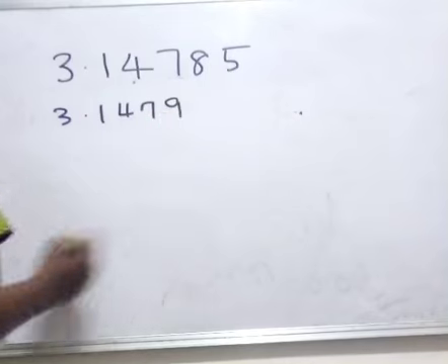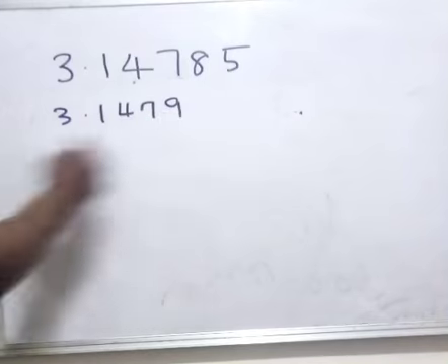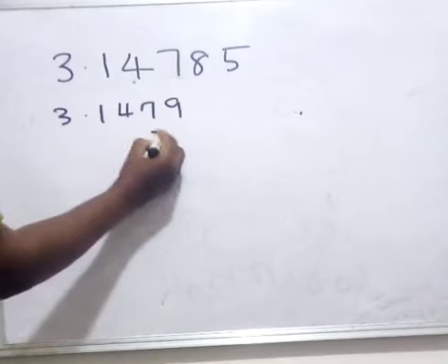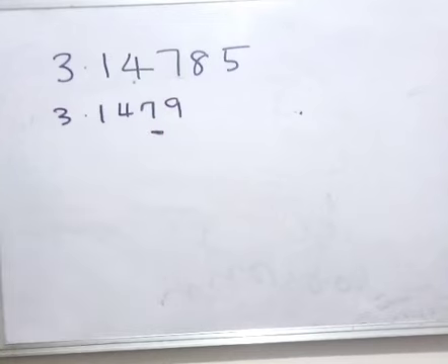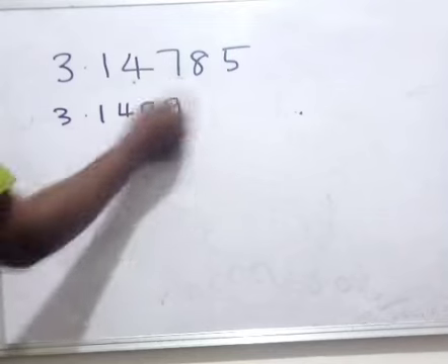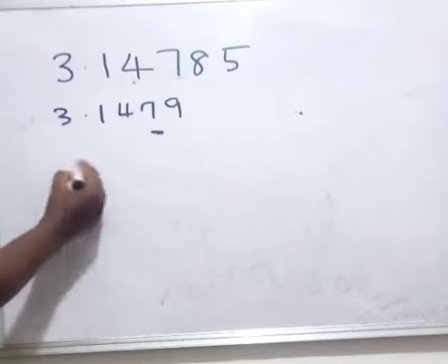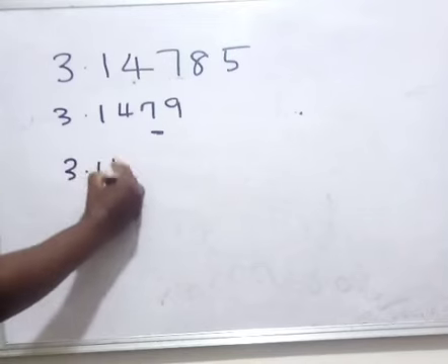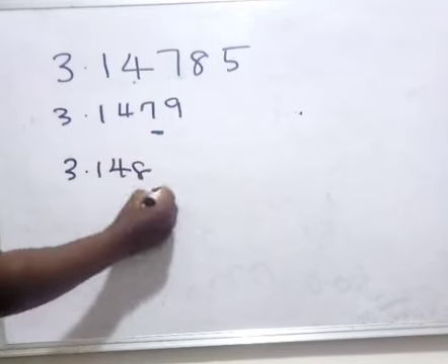3.1479. Good. Now, we are dealing with the nearest thousandth, which is 7. So we need to round it up one more time. When you round up this to 1, this becomes 3.148. This is to the